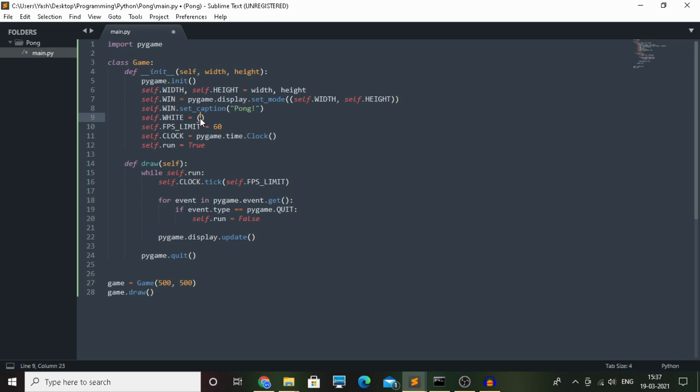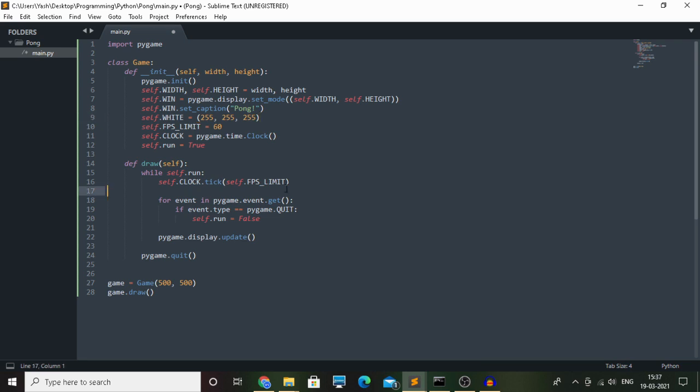So it will take in a tuple, and let's say we have 255 red, 255 green, 255 blue. If we set all of the values to the maximum, then we'll get a white color. And if we set all of them to 0, 0, 0, we'll actually get black.